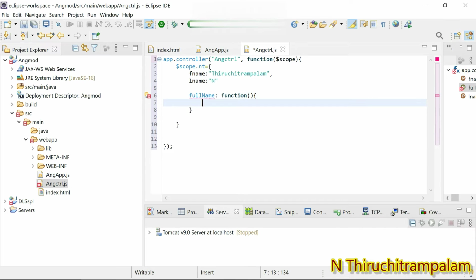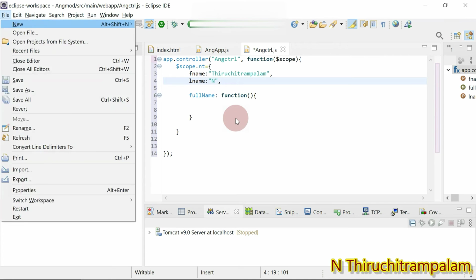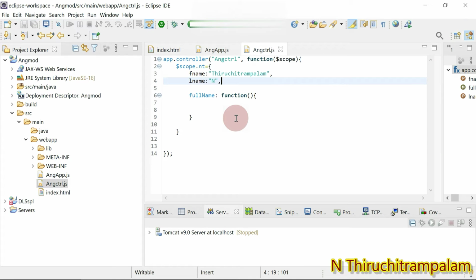Okay, here I just create a function named fullname. Okay, here we need to give the comma, and then what I do,